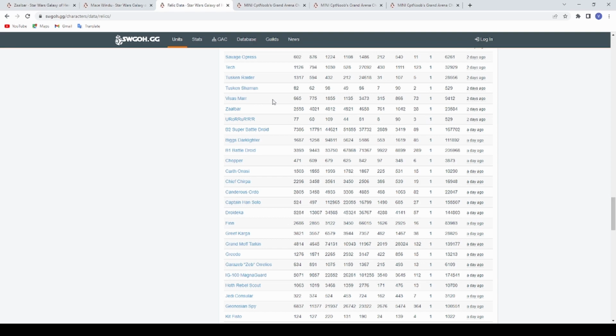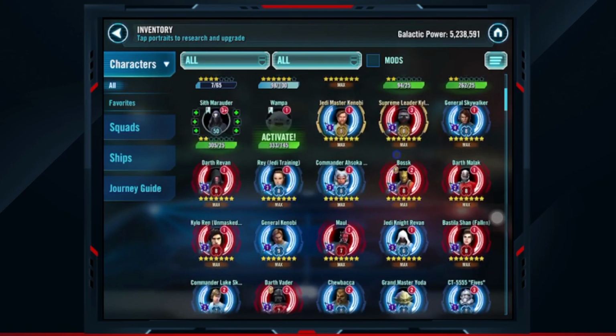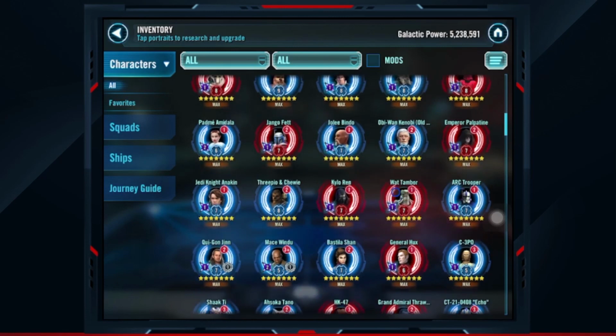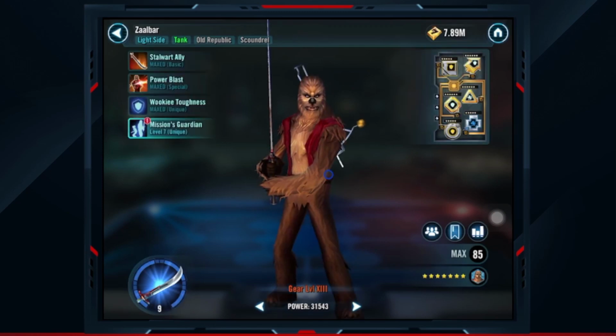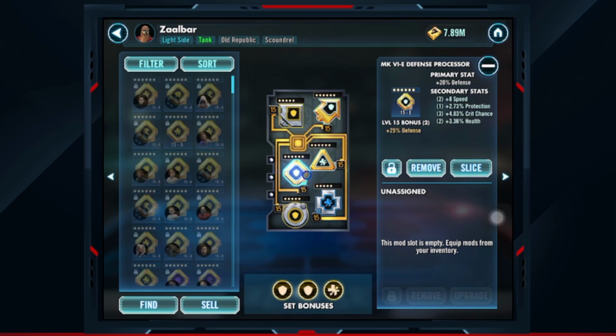So going into the game, I actually did this live when I was on stream, but I was on the wrong screen because I'm still a noob. Here he is. I am the proud owner of the only Relic 9 Zaalbar in the entire game. So I do have a crit avoidance arrow on him. I really don't have the best mods on him